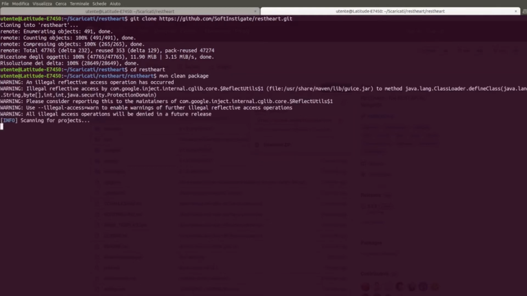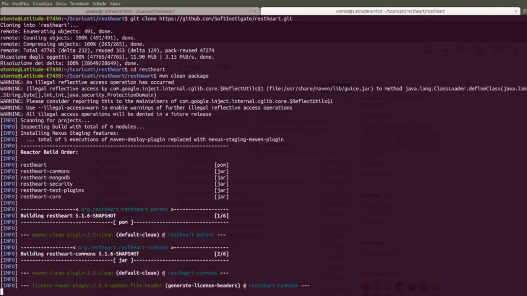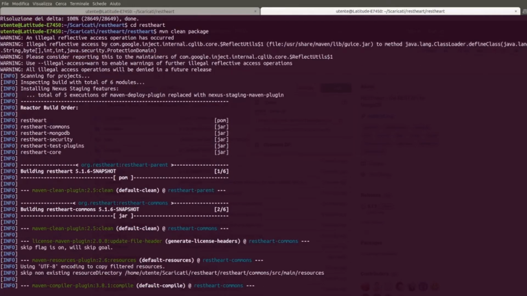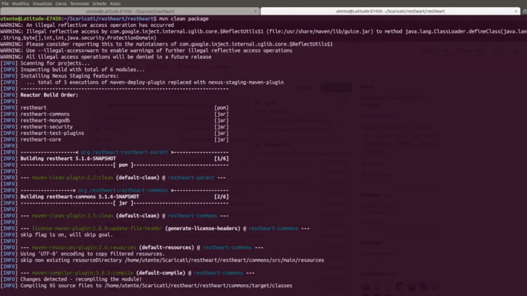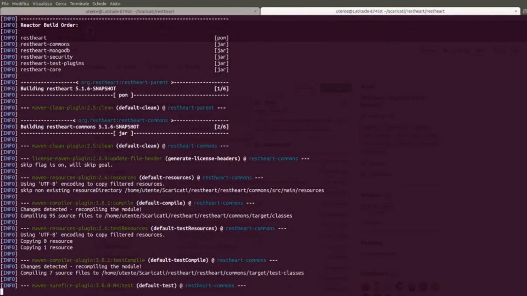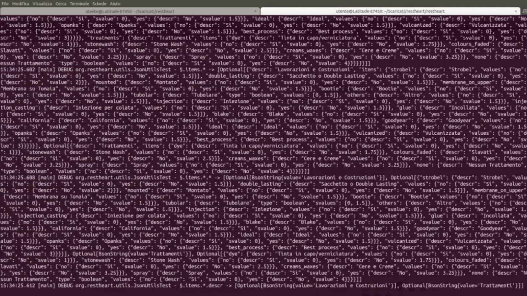Now the code compilation starts. Since I already did this operation before, dependencies are not downloaded because they are already inside this computer.